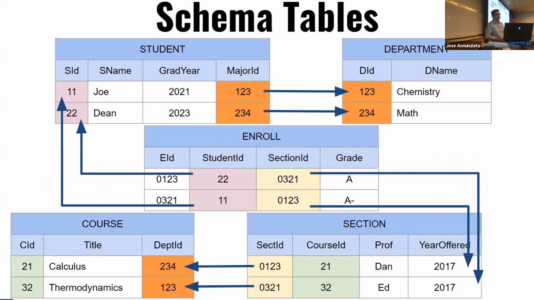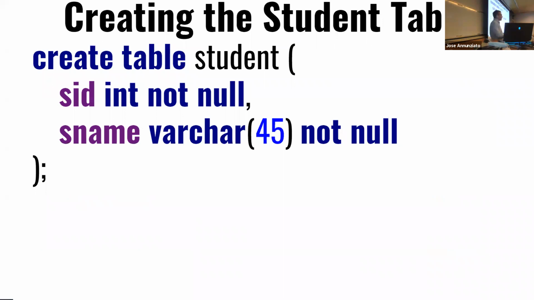So how do we create these tables? Let's create our first table. We're creating the student table. So this is the SQL query that we would use. We create table student. The command is called create table. Then the name of the table,